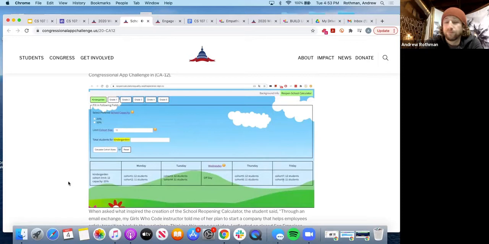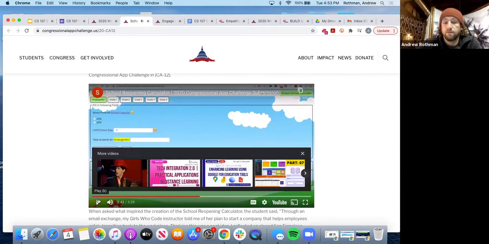From it, administrators can see how many cohorts kindergarten will need, which in this case is 8, the size of each cohort, which in this case is 12 and 11 per day, and the rotation of the students, which in this case is once a week. So next Monday, that same group will go again.